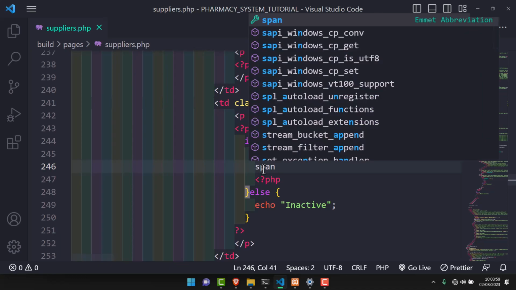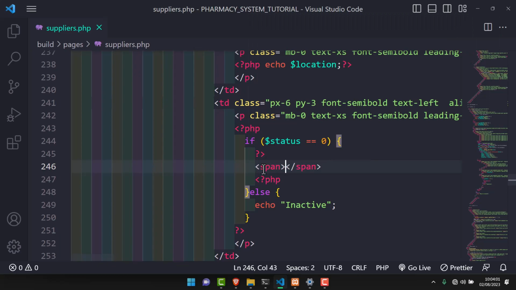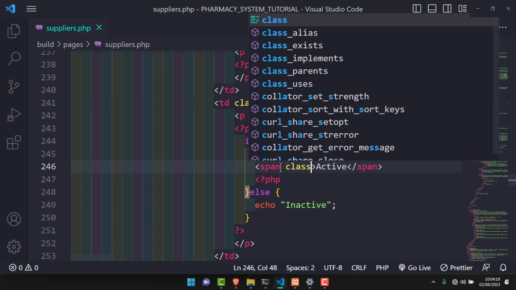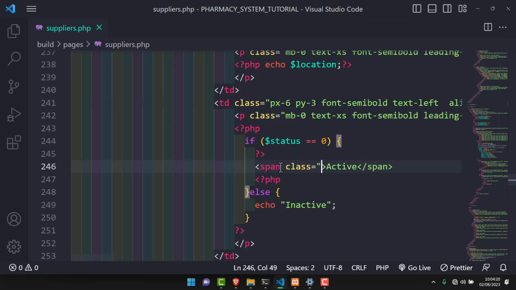So I'm just going to talk about span, and then within this span now I'm going to have the status, that is the active, like that. And now because I have this HTML tag, it therefore means that I can be able to add some tailwind classes to it. So I'm just going to talk about class, and I'm going to add a BG background here, which will be a gradient background. So I'm going to talk about BG